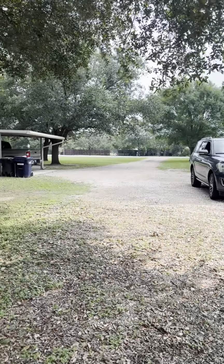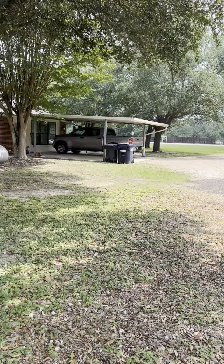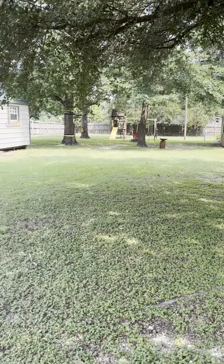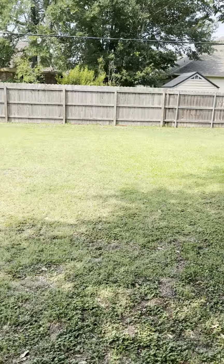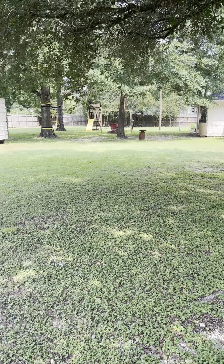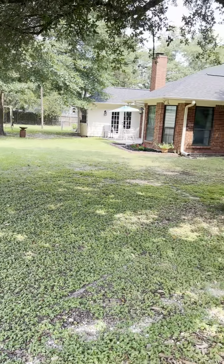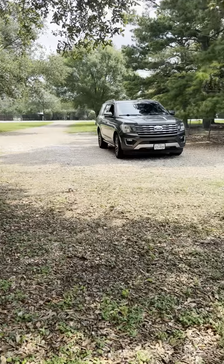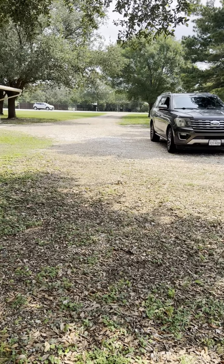Okay, so the first thing I did when I got here was I went ahead and measured 50 feet off the back line. So there's the back fence. And then, so here is 50 feet. And then I measured 20 feet from the fence. And so that's about here. So